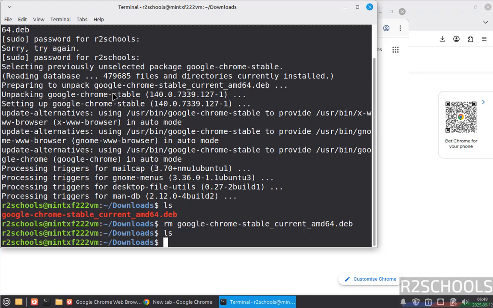Okay, so in this video we have seen how to download and install Google Chrome stable current version on Linux